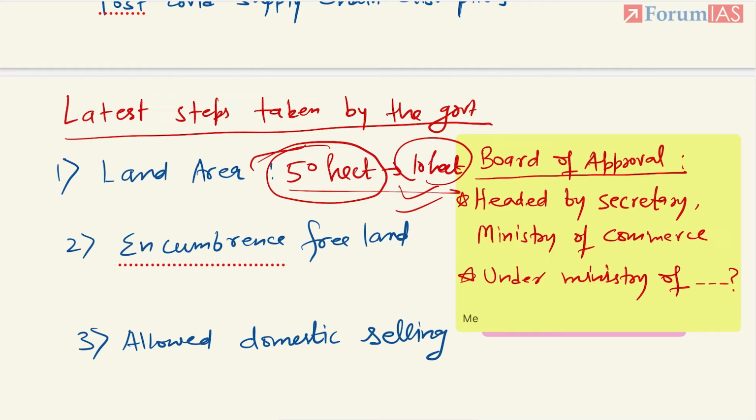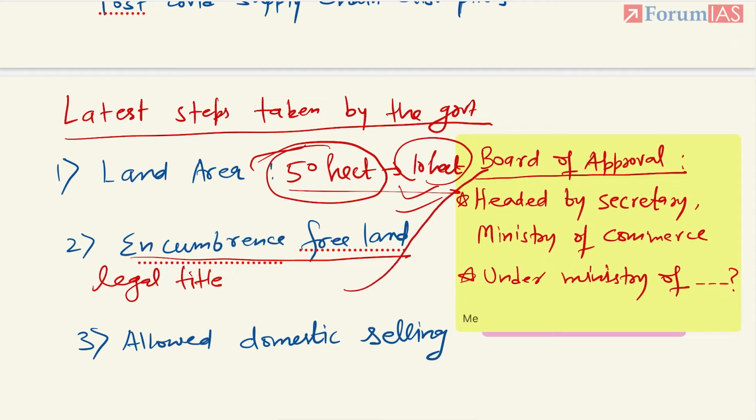Second is encumbrance free land. What is this encumbrance free land? In India, as we all know, there are issues of land disputes. The legal title is not very clear for much land in India. There is no digitization of the land records. So there is a dispute between various land areas regarding who owns the land. So in such cases, it was not allowed to invest. But now under these rules, if a land has certain disputes, then the board of approval